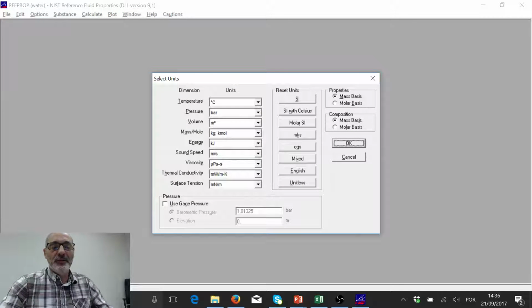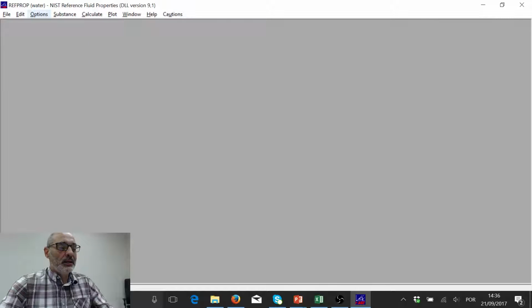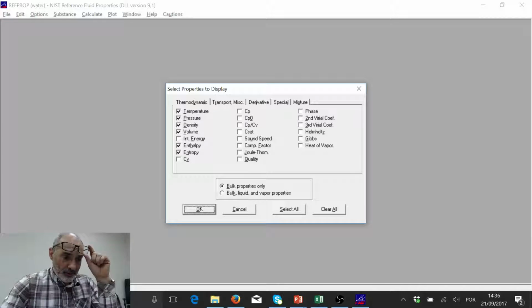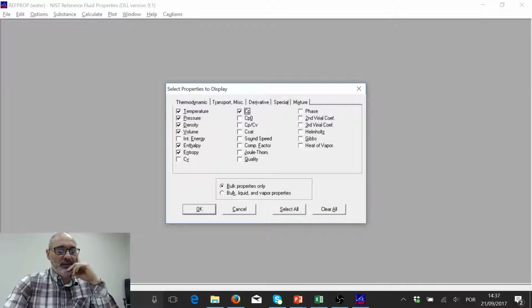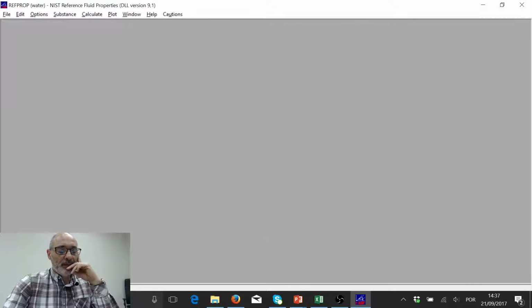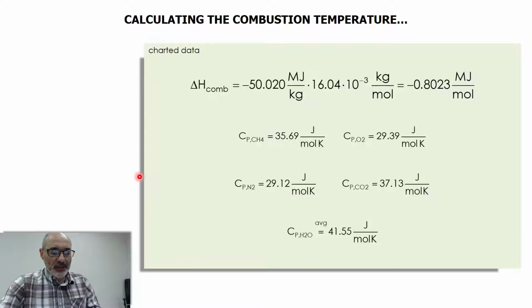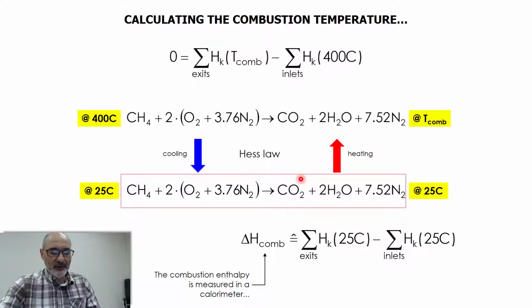So I'm going to change, because the default is mass basis, to molar basis, okay? And I want to calculate the specific heat. So where is it? Cp. Okay, so Cp, I'm going to calculate specific heat, okay? And let me go back to my PowerPoint presentation. I need the specific heat of water